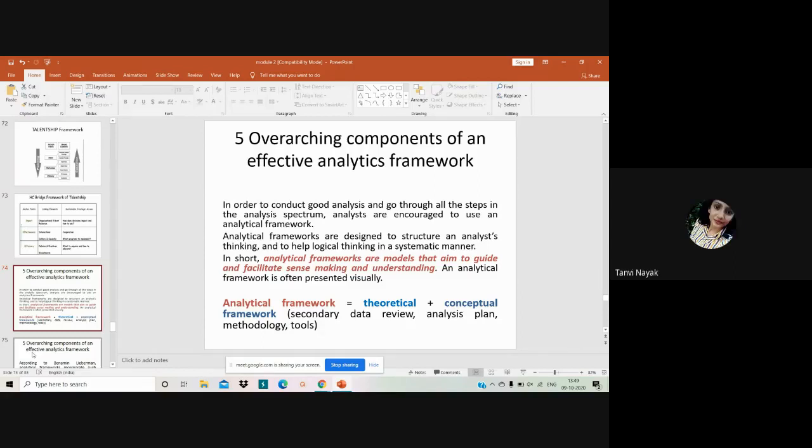Ma'am, can you explain talentship framework in very short? Yeah, talentship framework, it is nothing but a new science of human capital. Human capital, I hope you understood what is human capital. It is nothing but the people who are working in the organization, right? It is seen as a resource in the organization. So it is a new science of human capital that requires a decision framework, okay, which integrates.